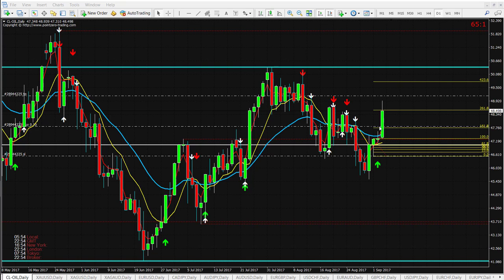This is oil. As you can see, last night, this morning for you Americans, I opened the trade in oil right here because this candle broke all these major EMAs that I have here. And the market moved sharply above, so it's about $48.5